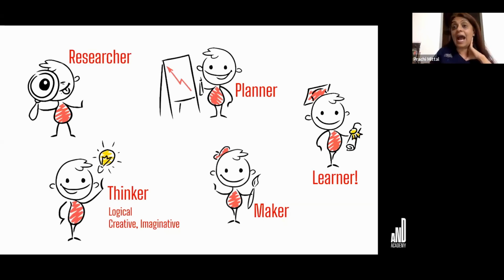Be a thinker and a planner. You plan before you make, you forecast, you foresee how things are going to be. You have to think. Sometimes you have to think logically. Sometimes you have to think imaginatively. You have to be both. Sometimes you have to be imaginative like a child, and sometimes you have to be logical like an engineer.